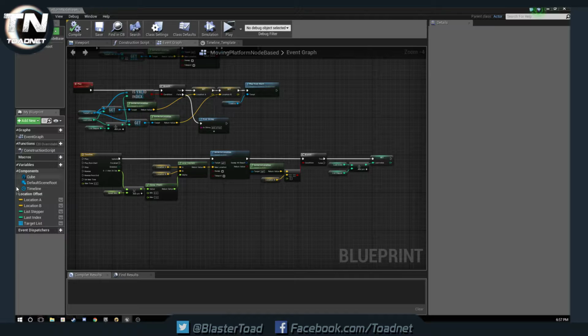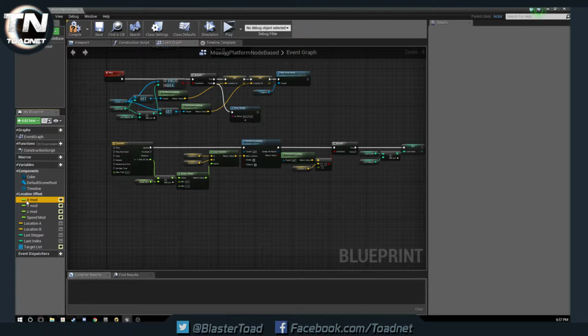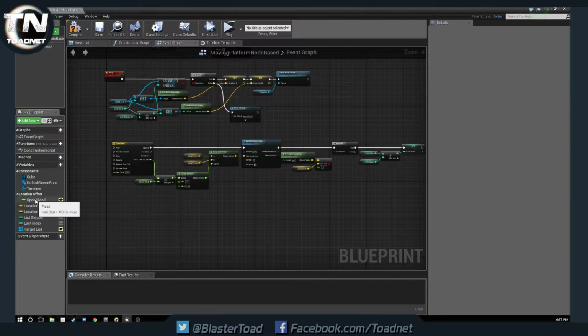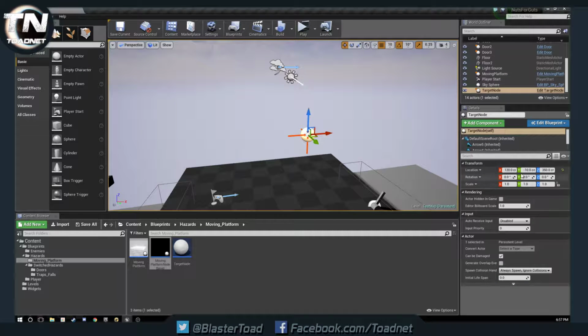And now we want to make our target list visible. Just like that. Okay. And we can get rid of these old variables that we don't need, the X, Y, and Z modifier. We'll keep the speed mod though for now. Okay. So, we've got our target node. We are going to set it to 0 on the Y, so it is centered in our world. And we are going to call it